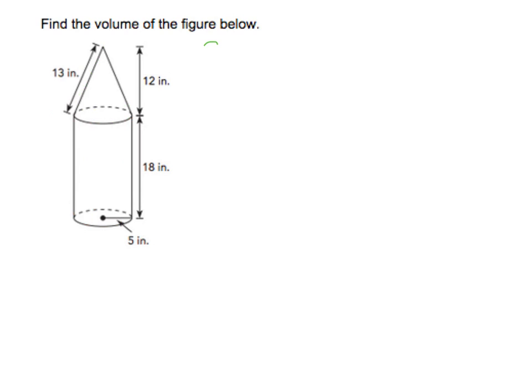Let's first look at the cone. The volume of a cone we know is pi r squared h divided by 3. So what we want to do is plug in what we know. This would be 3.14. Let's try that one more time. 3.14